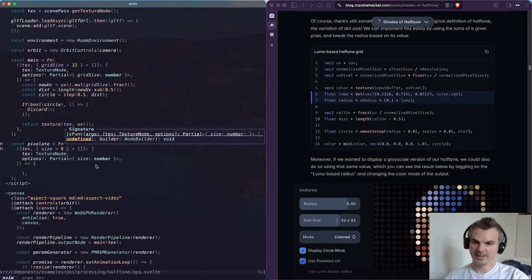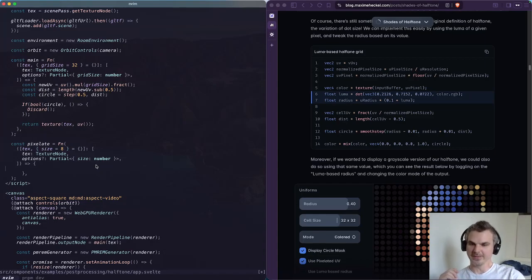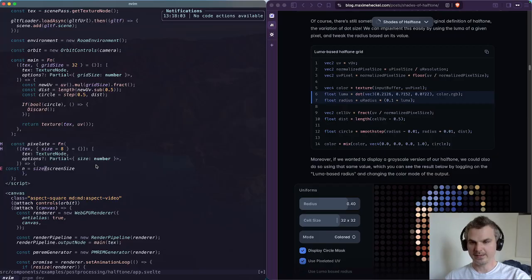Let's say that UV equals UV. Well, I'm not going to pass in UV. I'm just going to say that the UVs are your normal UVs. So our n is equal to the size divided by, size is a normal JavaScript number, so it's divided by the resolution, which is screen size. Well, you can't do this because screen size, if I could import it,